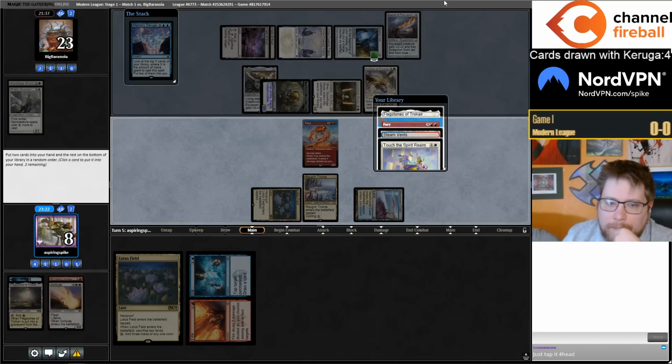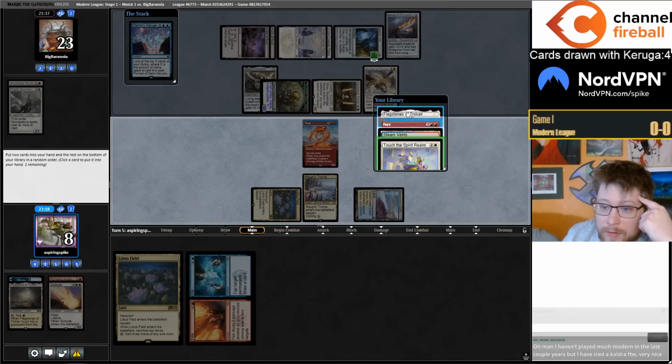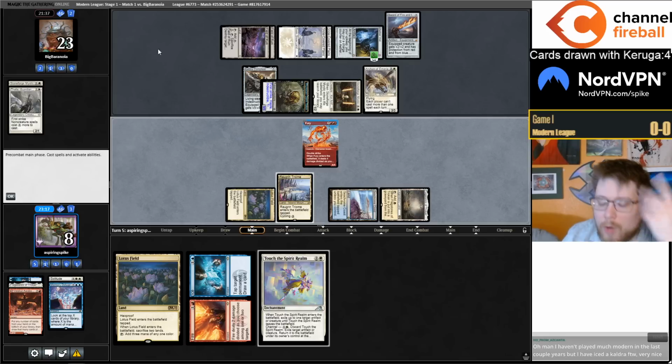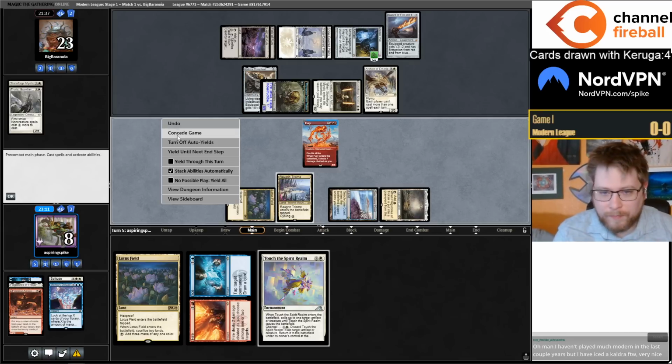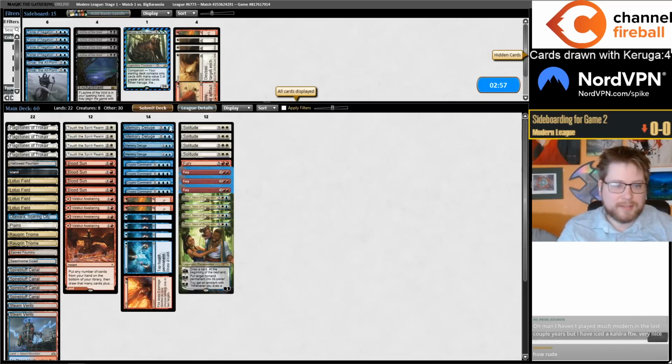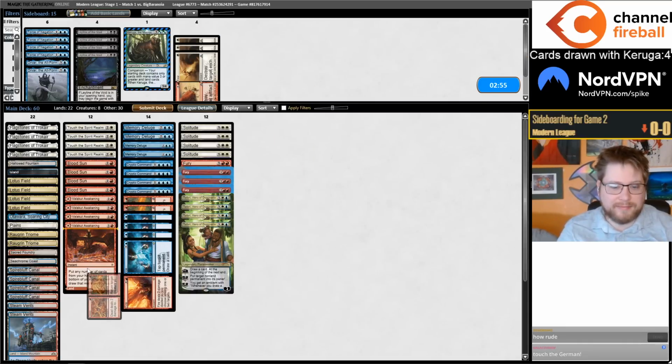Okay, so let's take... Touch the Spirit Realm. Flagstones. Oh, it enters tapped! Oh my gosh. Why would they not put that into play first? I guess they're scared of Verdict? I don't know, dude. Taxes players, I just...